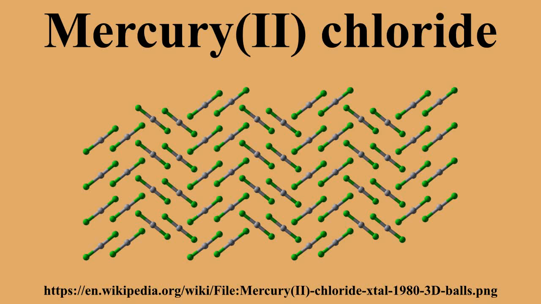Other significant applications of mercuric chloride include its use as a depolarizer in batteries and as a reagent in organic synthesis and analytical chemistry. It is also used in plant tissue culture for surface sterilization of explants such as leaf or stem nodes. As a chemical reagent, mercuric chloride is occasionally used to form an amalgam with metals, such